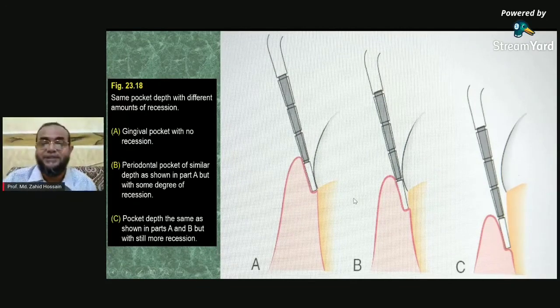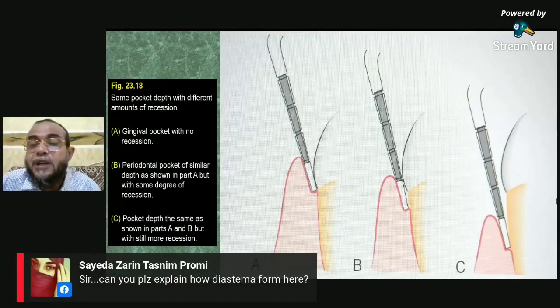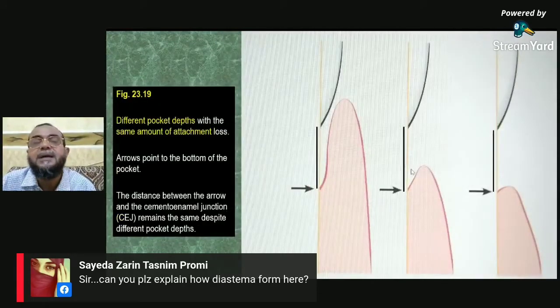These are three disease conditions. This condition may be moderate periodontitis, severe periodontitis, or advanced periodontitis. Another thing you see: the pocket is there, same depth, same attachment loss, but here the gingiva covers the cemento-enamel junction. In this case, how do you measure? You measure the pocket depth from the margin to the base of the pocket. This is the pocket depth, and from that you have to deduct 3 millimeters as normal. Then you will find the clinical attachment loss.